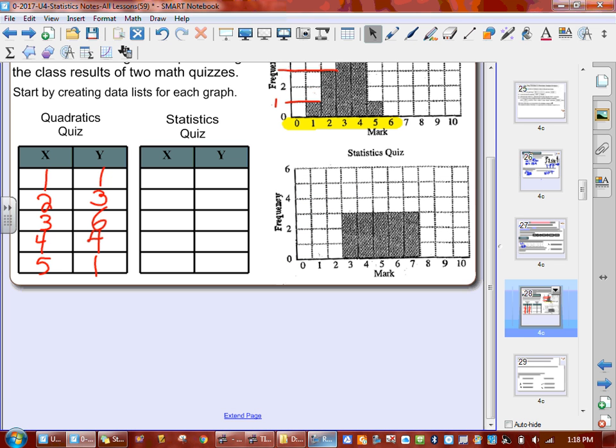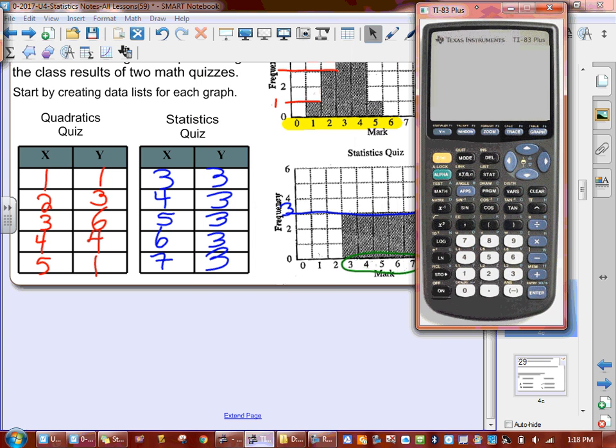When we take a look at this one, now our numbers are going to be going 3 to 7. So we're going to be using the numbers 3, 4, 5, 6, 7 for my X values. And they all went the same height. They're all the same height of 3. So now what we need to do is analyze both of those, but we got to do them separately. So we're going to start with our quadratics quiz, and we're going to go to our calculator,